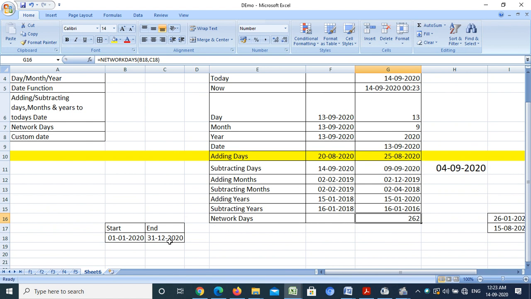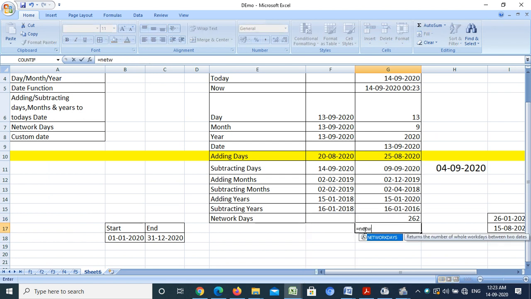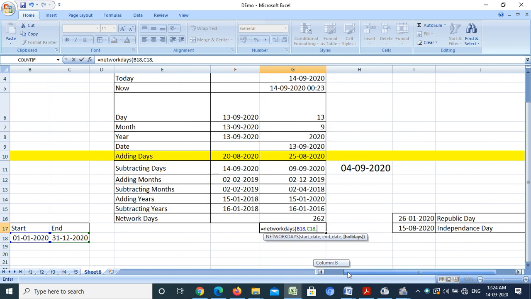Now suppose I want to calculate the networking days and exclude holidays also. Suppose I write the function NETWORKDAYS. Starting date is 1st January 2020, end date is 31st December 2020. Now suppose we have in India two holidays on 26th January and 15th of August, that is Republic Day and Independence Day.